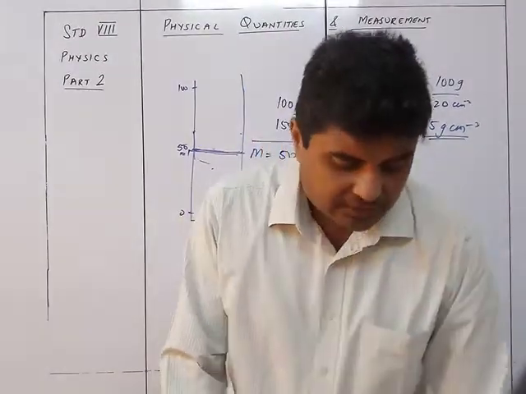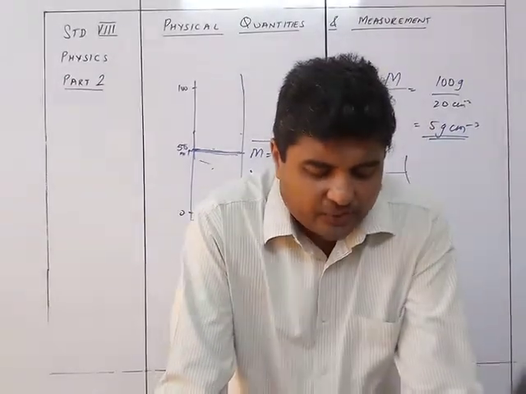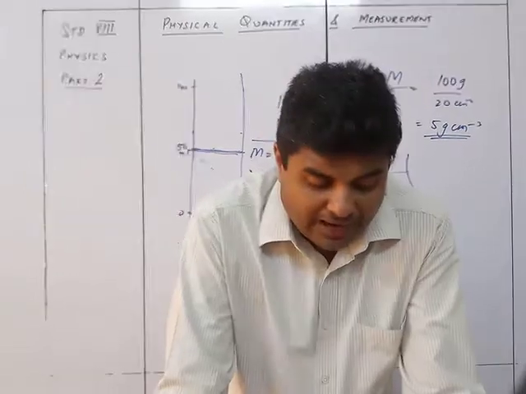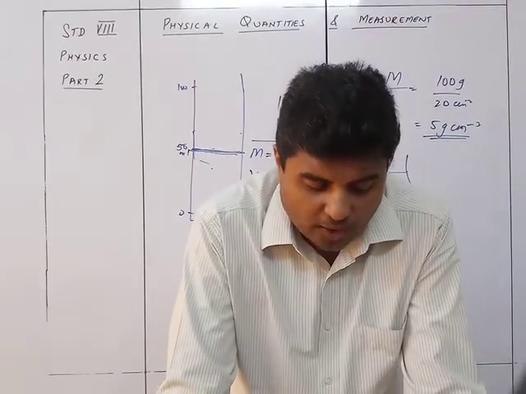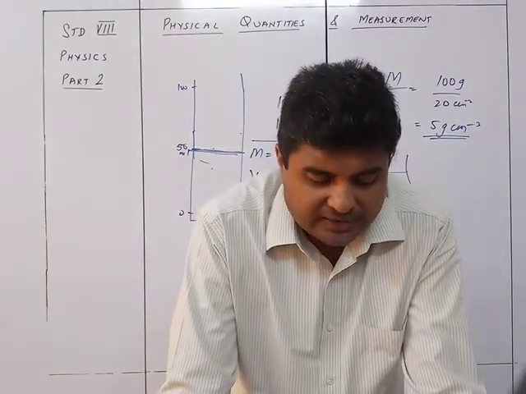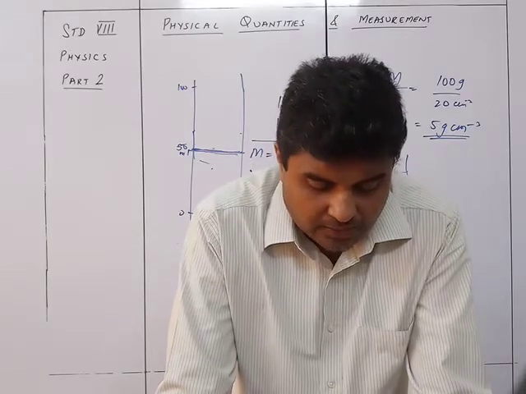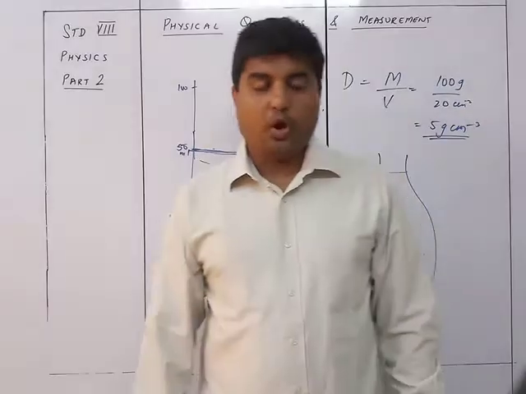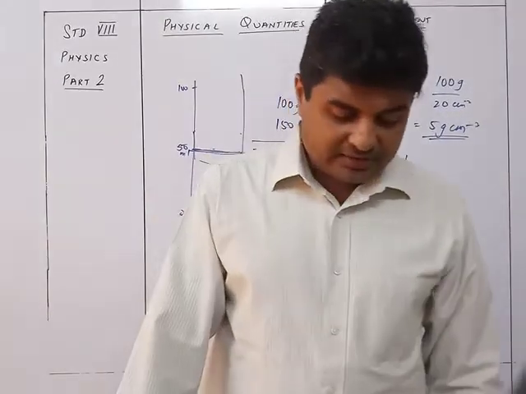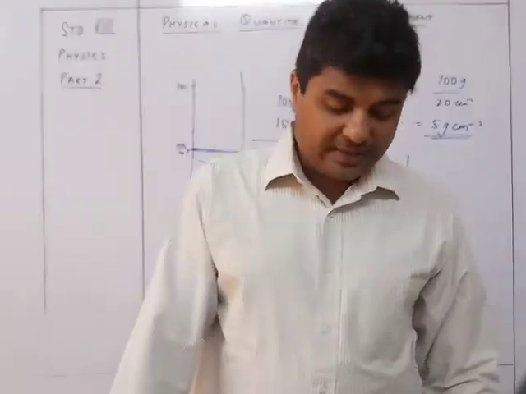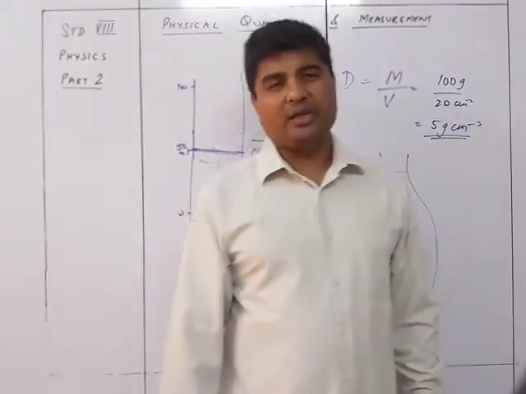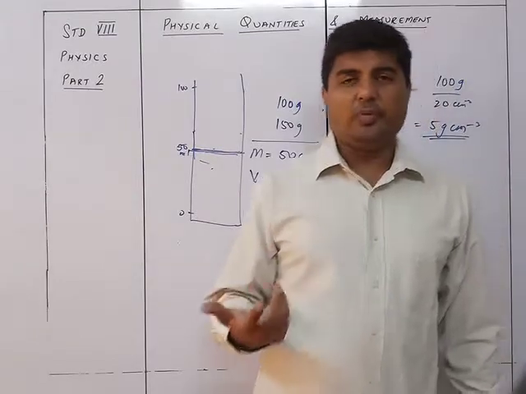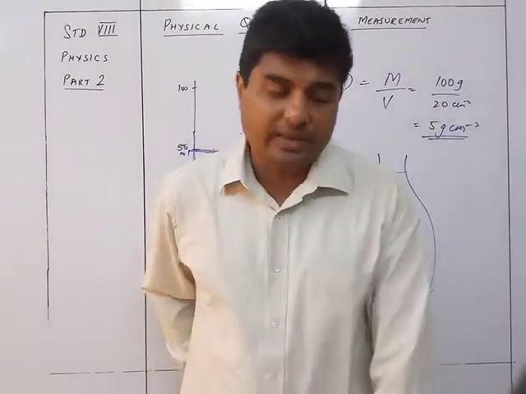To determine the density of a liquid using the density bottle, we have to measure the mass of the liquid and the mass of water taken in it by using the common balance. The mass of water in the density bottle gives the volume of the liquid. How much water will go inside the bottle is nothing but the volume of the liquid which is present in that particular bottle.